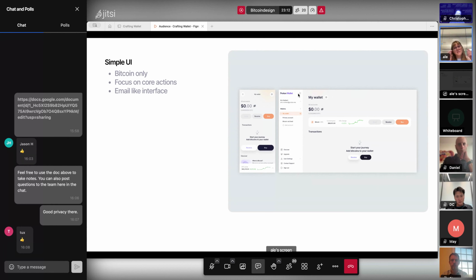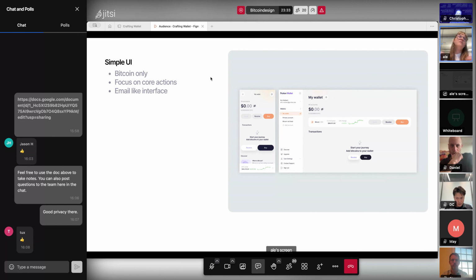And second, we wanted to focus on the core actions. It means, for example, we reduced as many actions as we could, and that's why our first beta, at the beginning, our app was on purpose without too many features.